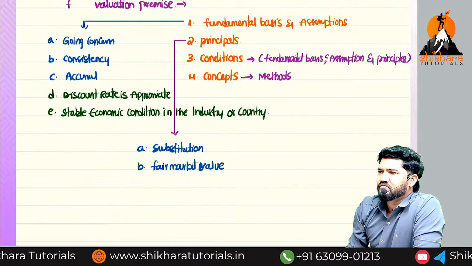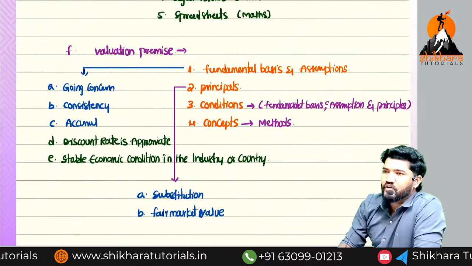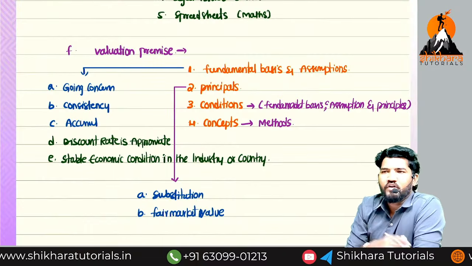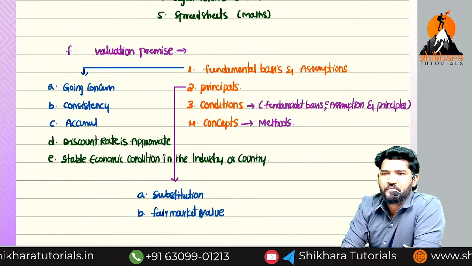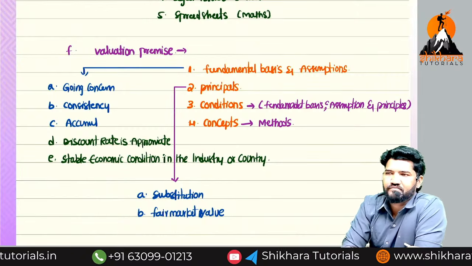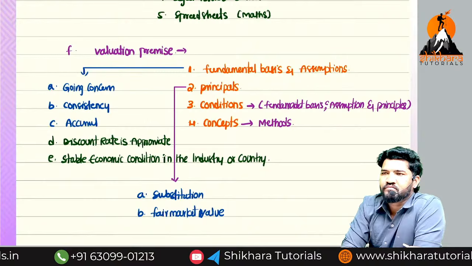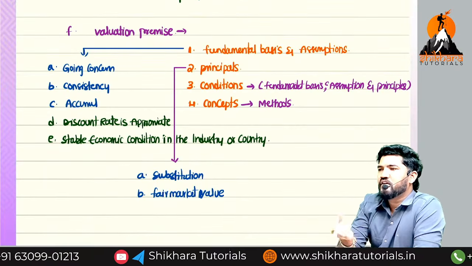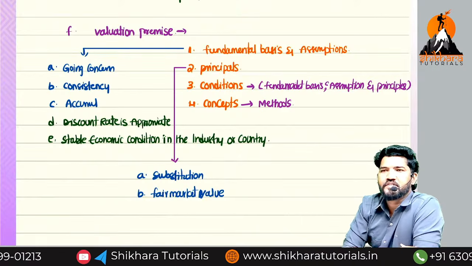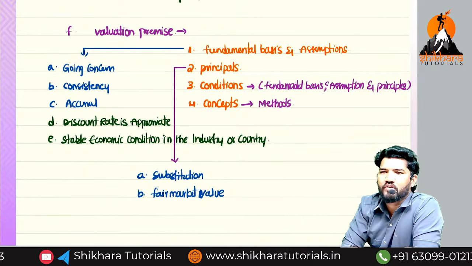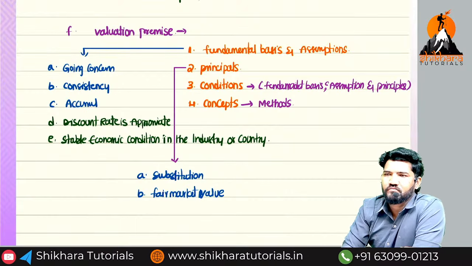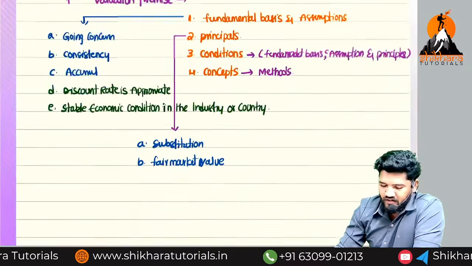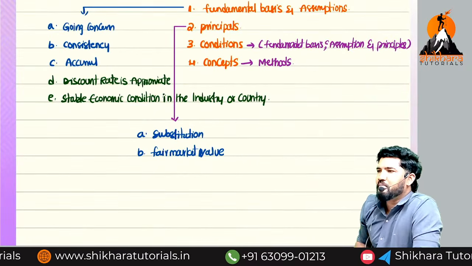That's it. Okay. This entire topic is known as what, Nana? Valuation premise. If you want, write that point also. Valuation premise is nothing but a blueprint for valuation. So after considering all those things, you consider methods also. By using a method, you are calculating by considering principles and assumptions. Then that is called what value, Nana? Fair market value. Are you okay? Then fine. So this is about the theory content in the first chapter in business valuation.